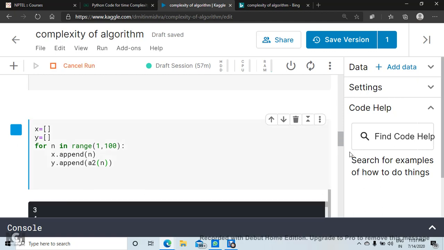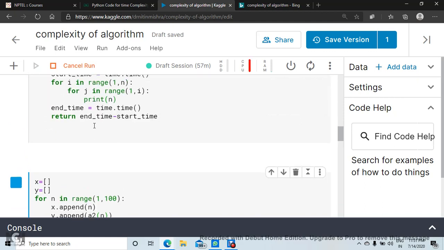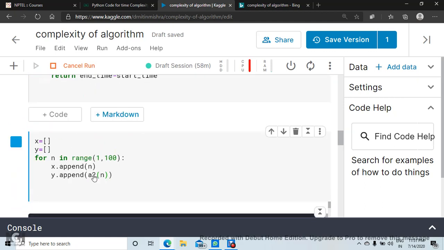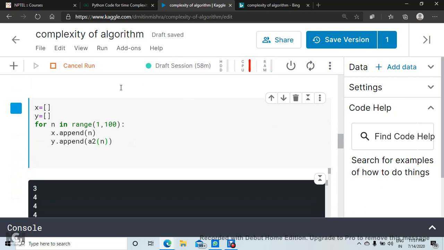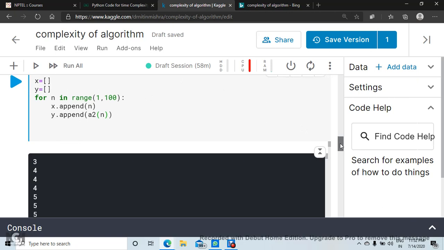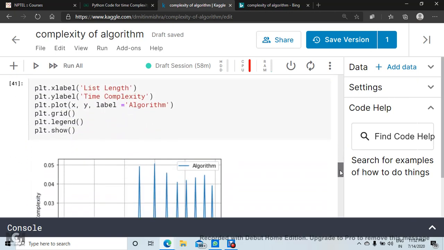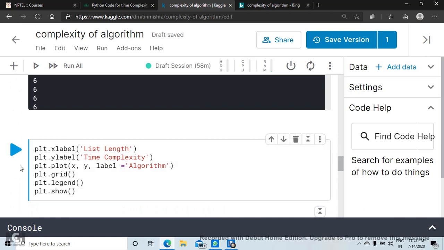Okay, I'm running this. Okay, so as you can see, we have got the value also. Since complexity varies, now it has completed its execution.